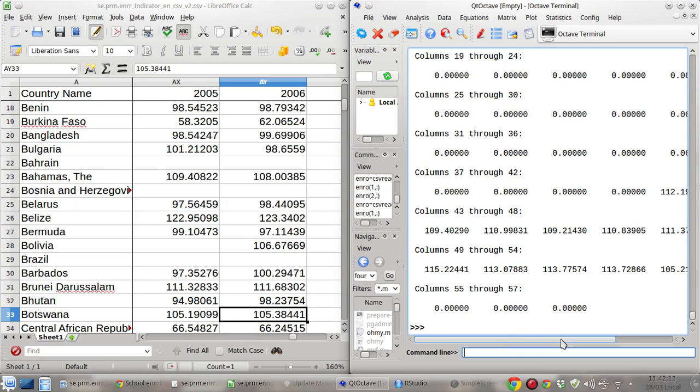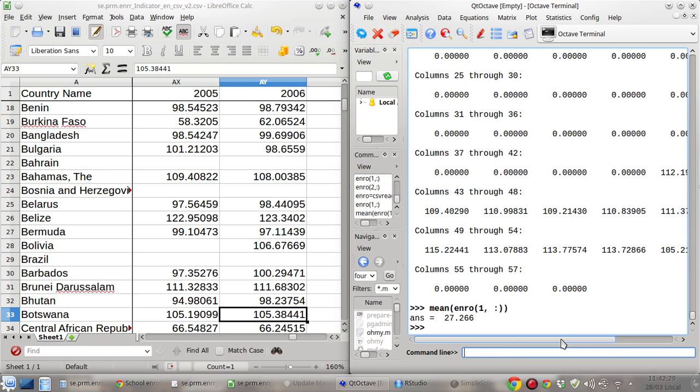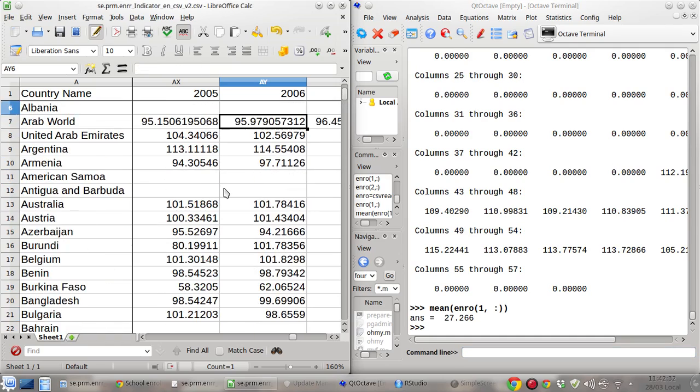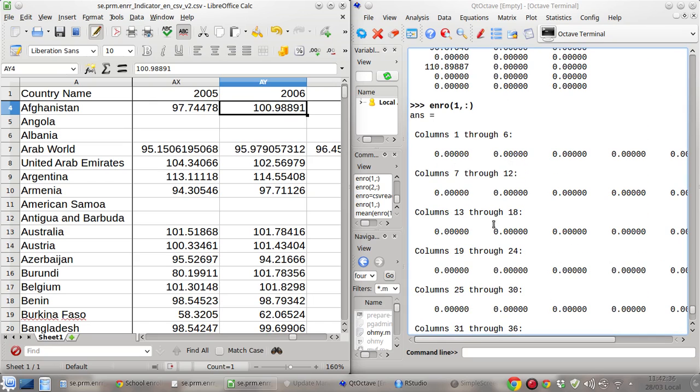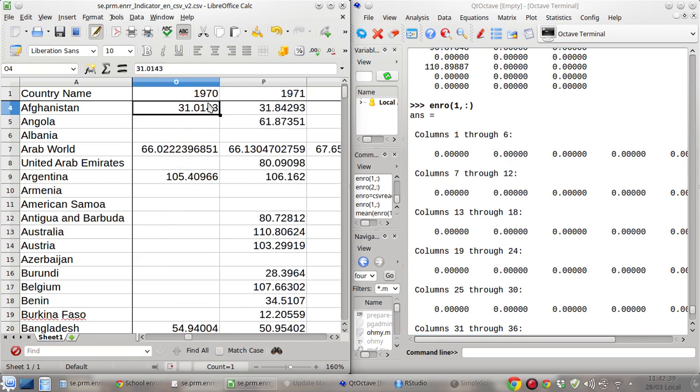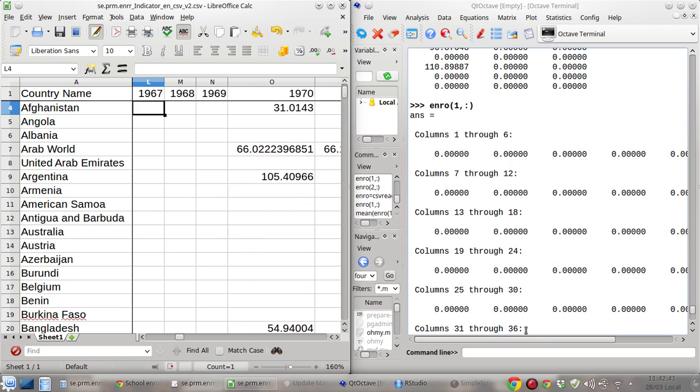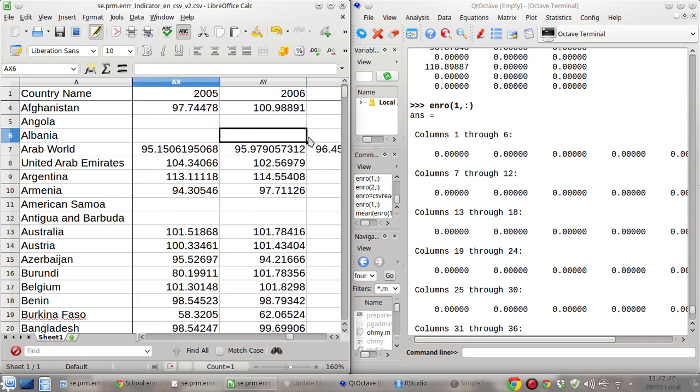Now, after doing this, we can do such things like calculate the mean for Aruba country. So the mean is 27, but of course this includes the zeros here, and that's not very accurate. So let's just calculate the mean for year, let's say,